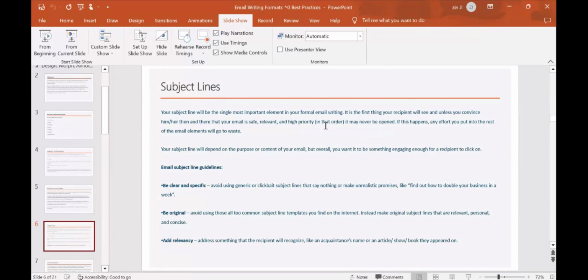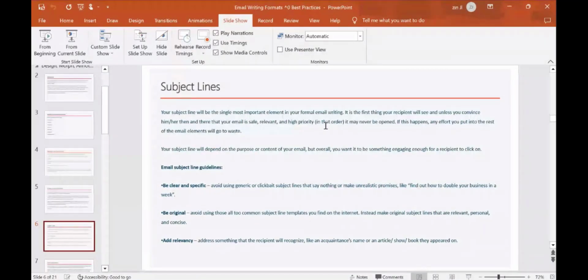Make your emails more personal, I would say. It shouldn't be like what I said, find out how to double your business in a week. No. Guess what? You're not the only person using it. A lot of different people use it. So be a bit different, be a bit more original, be a bit personal. I feel that's what's missing today, where people just tend to copy and paste off Google and that's it, they do it. And then add relevancy, right?